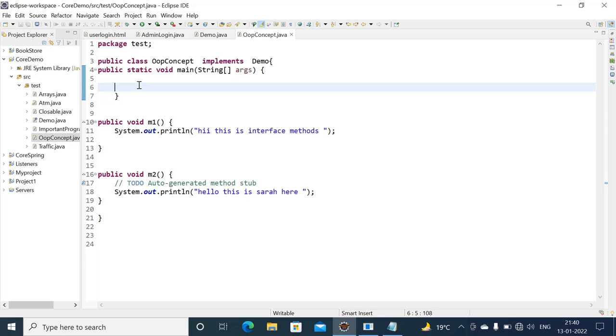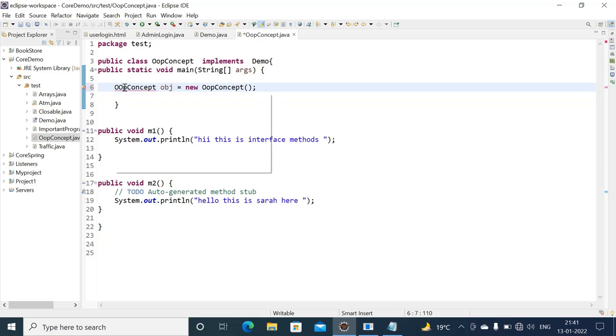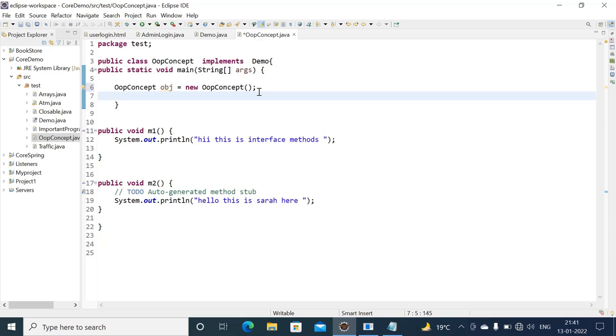So I will write OOPSConcept obj equal to new OOPSConcept, simply. Okay, now I can call the methods.